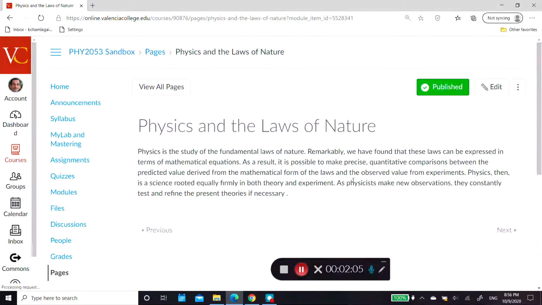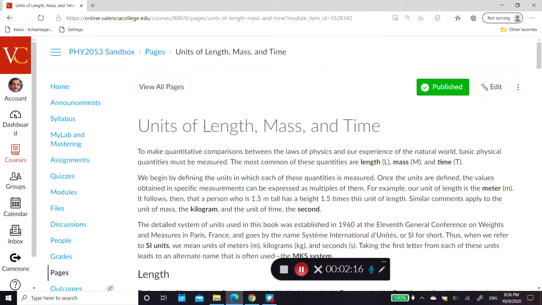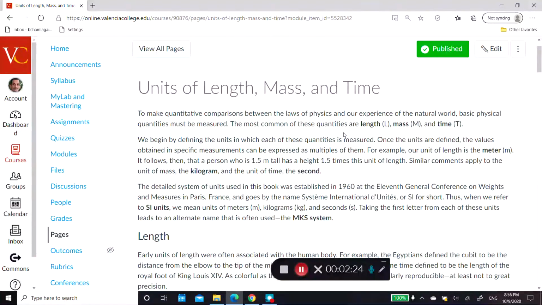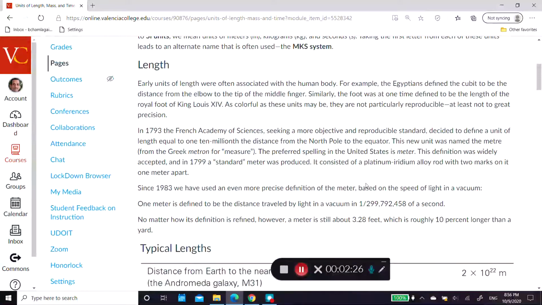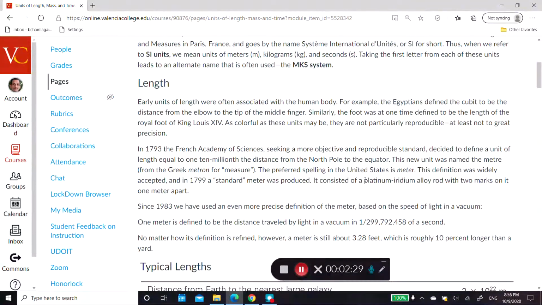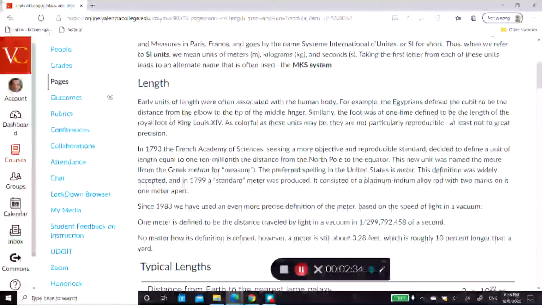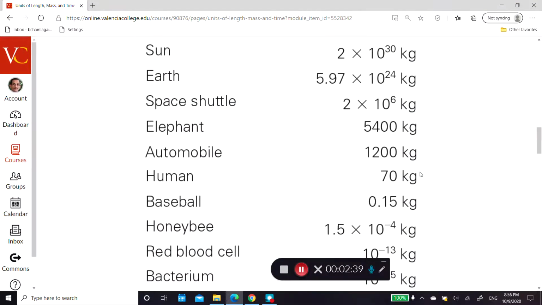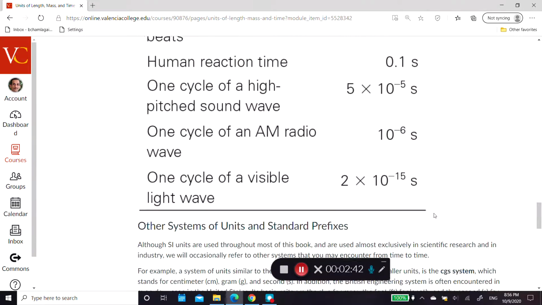If I go to the first page, we start from the basic definitions of terms which are used in this chapter, and dig deeper into some topics like units of length, mass, and time. I have detailed definitions and some examples, and sometimes there are numerical problems to show how to solve some representative problems. I also have tables and scales to show and summarize the content.